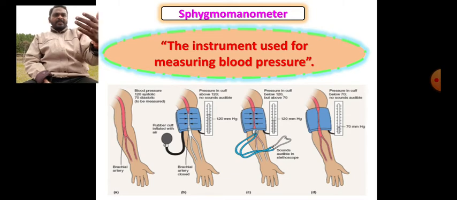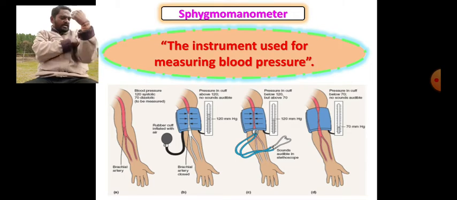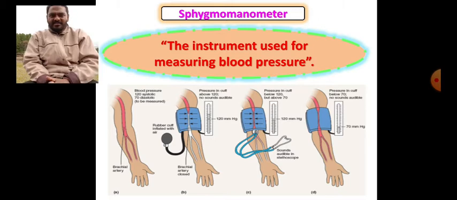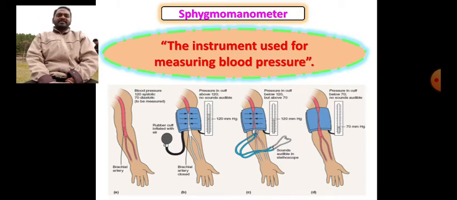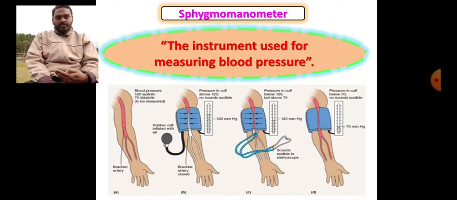And here, when somebody gets blood pressure, when we go to the doctor, the doctor keeps one machine there and then ties the hand and fixes it, and with the help of a stethoscope something is checked. That machine is called a sphygmomanometer. The sphygmomanometer is the instrument which is used for measuring blood pressure, and blood pressure is a big worry. Blood pressure is because of improper diet, because of excessive consumption of salt, because of excessive consumption of oil and oil-rich food items.